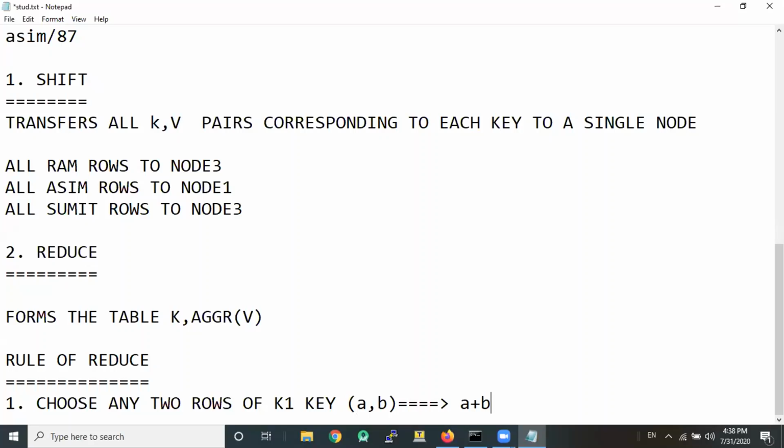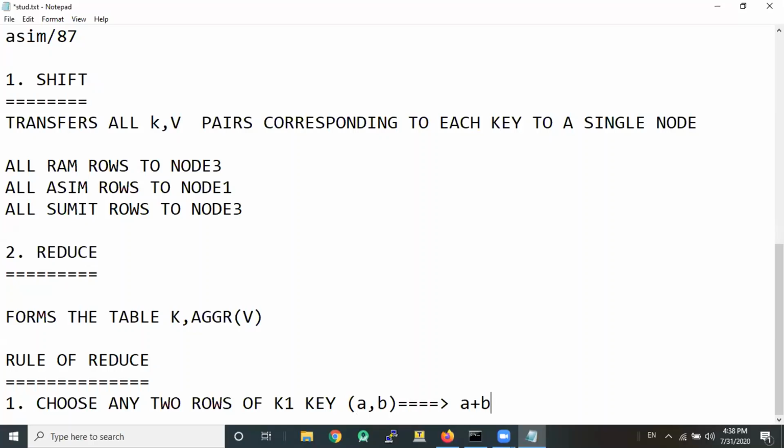So this is performed continuously, iteratively, for all pairs of values in the rows of K1 key.